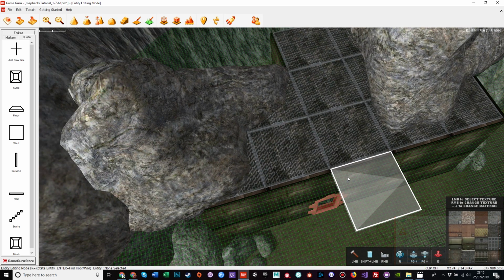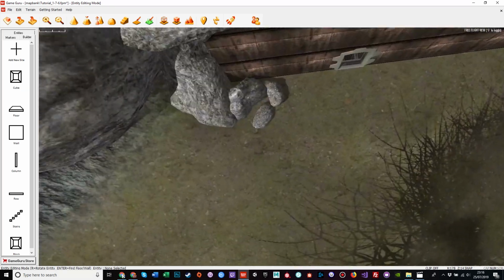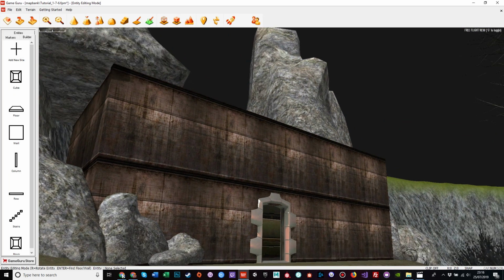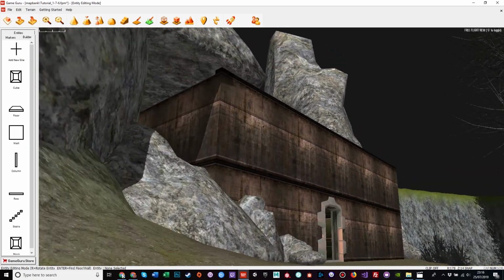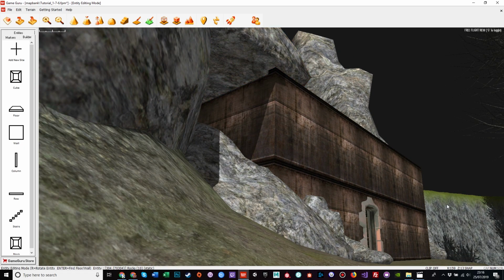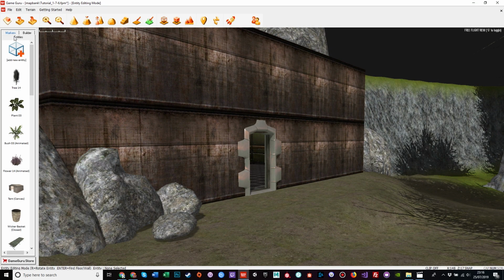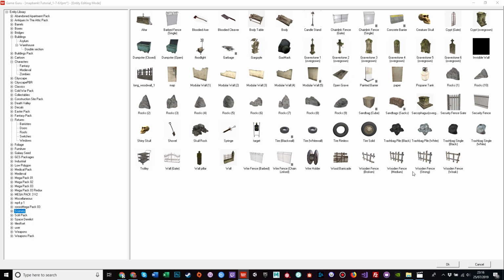So we're going to press E to exit the edit mode, and then come out into the player's view, and you can no longer see the horrible edge. It's a much nicer finish to the building. I'm going to put a rock here so you won't see that either. So on with the rocks. And for our circular rock, we'll use rock 8